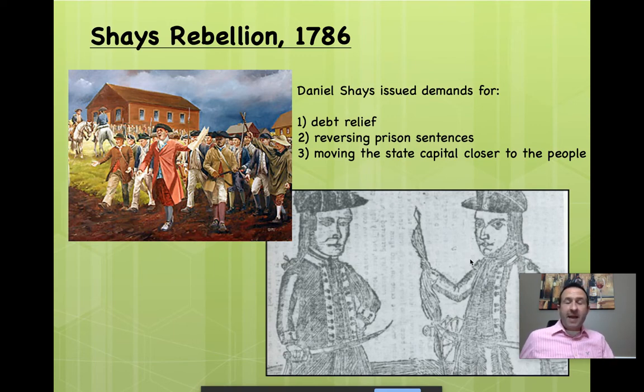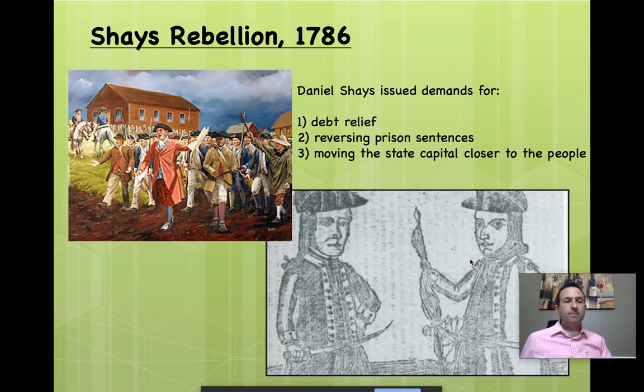And again, is it legit? Yeah, there's a reason they can't pay tax. They're not paying their taxes because they have no money because the government hasn't paid them yet. Because the government doesn't have money because the state of Massachusetts hasn't paid them yet. Because the state of Massachusetts has no money because the farmers haven't paid them yet. It's a problem.